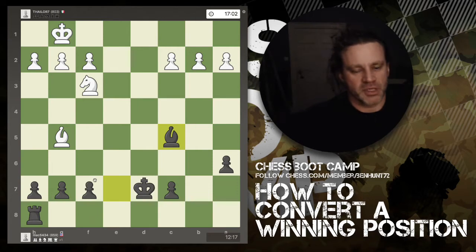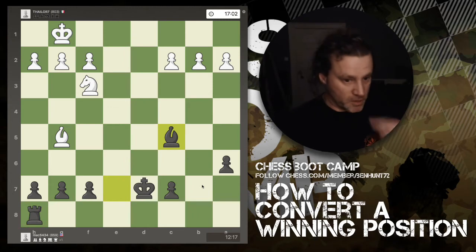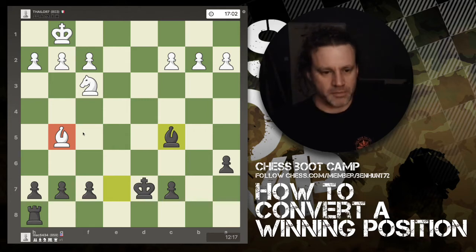Now black does have a material advantage, so I guess another idea could be bring the bishop back, just to try and swap off these bishops, because any trades at this point will favour black as being the only player with a rook still on the board. Rooks are very powerful. This bishop is white's best piece at this point in time, so you probably want to